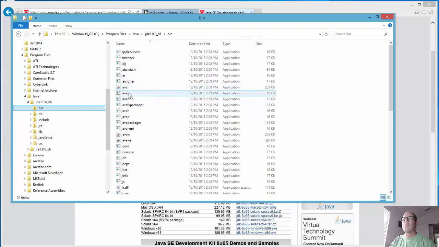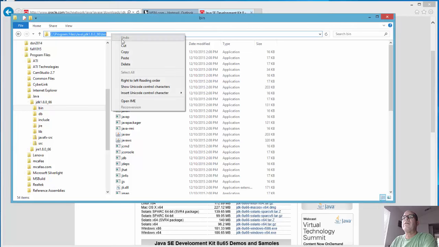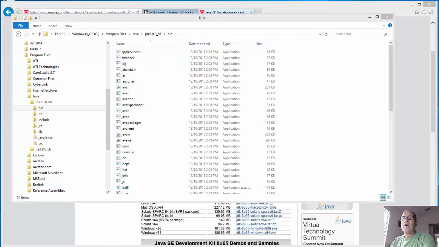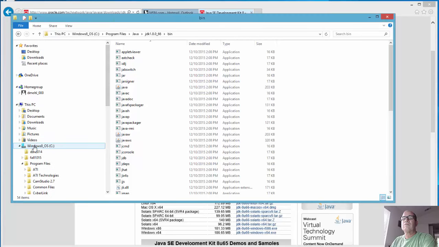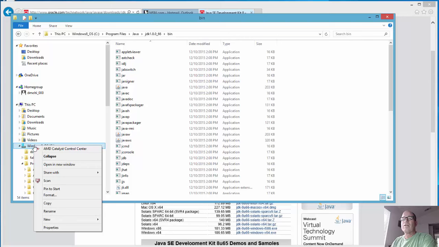Bin stands for binary. Notice here we have javac and java. These are the two programs. This is your compiler, javac, and this is your runtime manager, java. You'll see that we also need an environment variable set in our system path to this directory. So to do that, I can select this, right click, copy this folder address, and then go to my system variables, environment variables,